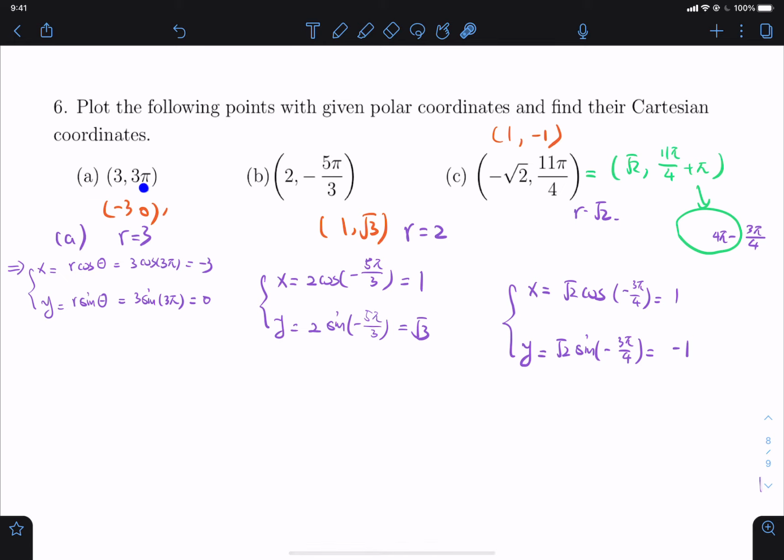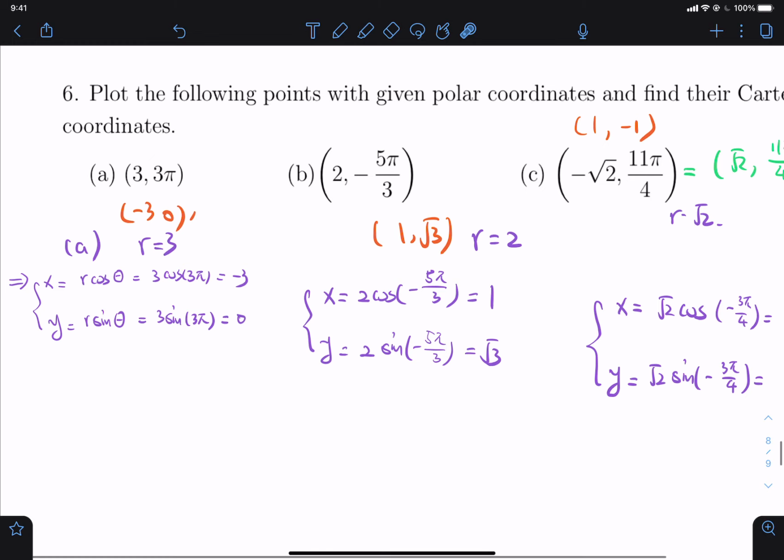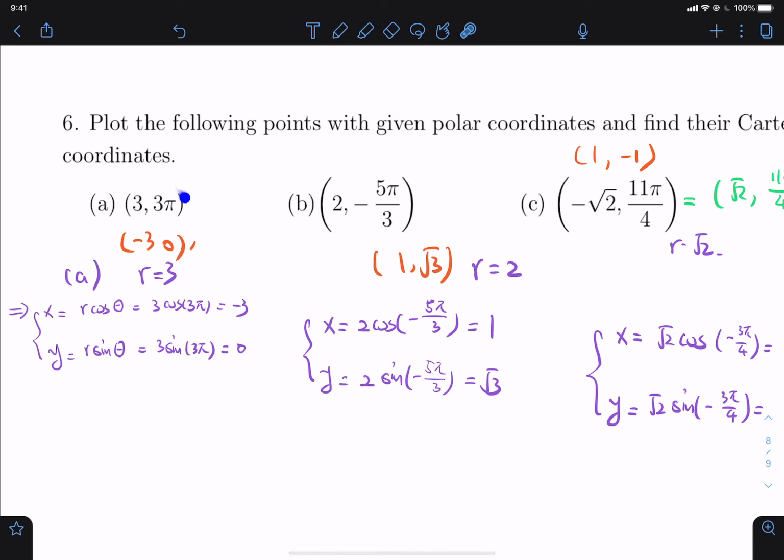Theta is the second coordinate of the polar coordinate, that is cos of 3 pi, which is -1. So now we have x equal to -3, and y is radius times sine theta, which is sine 3 pi, that is 0, so y coordinate is 0. Okay, so now this is converted to (-3, 0),